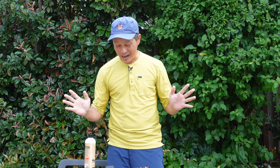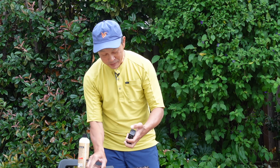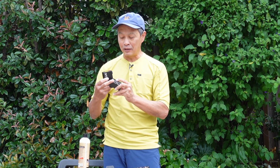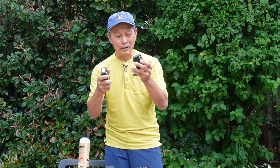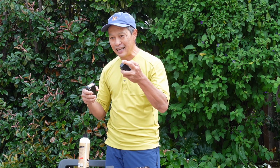All right, number one, the discovery of the year so far from me, is this 6 Plus Pro mini compressor mini pump right here. So we have the Pro and we have the Pro Max, and what's special about both of them is they're mini compressors with brushless motors and lithium cells. What they do is pump up your tires to a specific pressure. All you need to do is put them in and press this button, and then